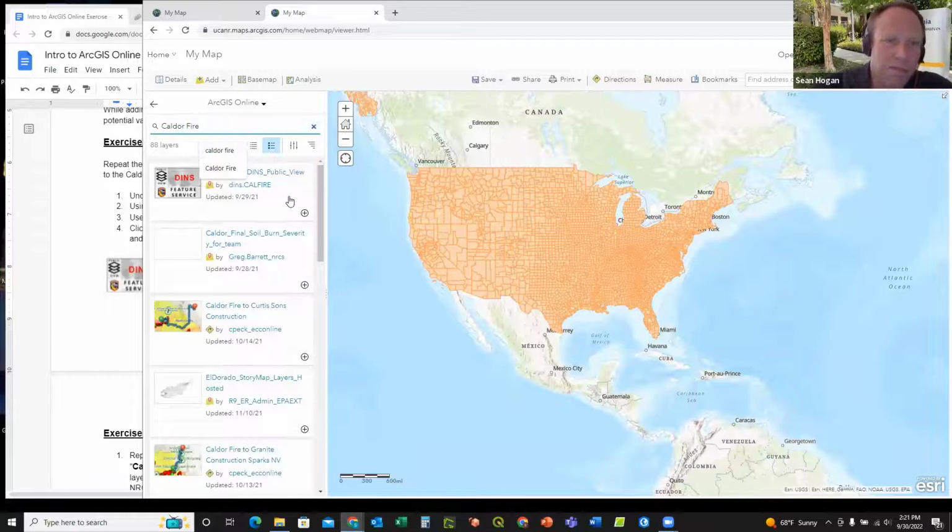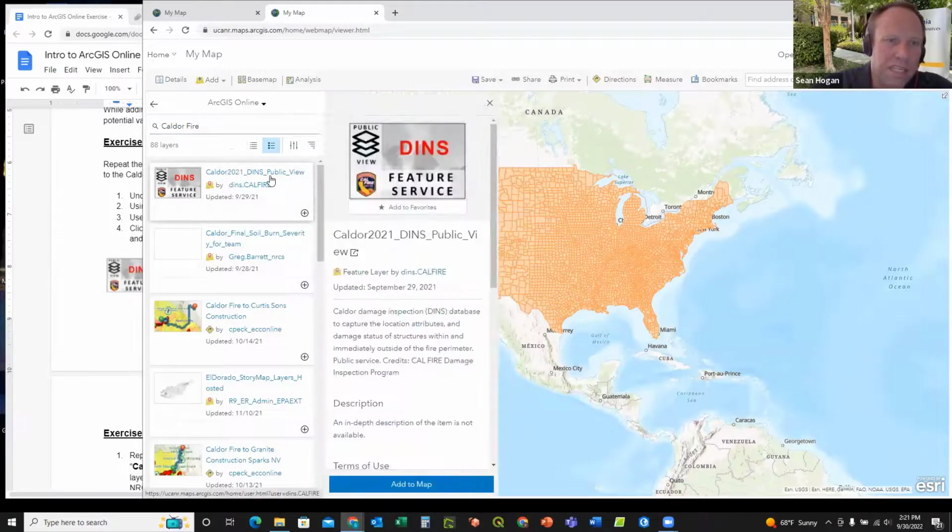The first of those is the DINS layer, and that's the damage inspection layer that's created by Cal Fire. Actually, I know someone that does these inspections. I was just talking to him 2 days ago. But yeah, anyways,